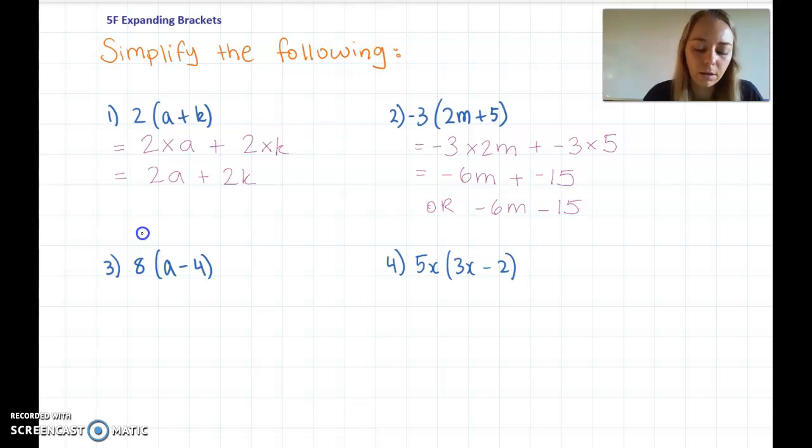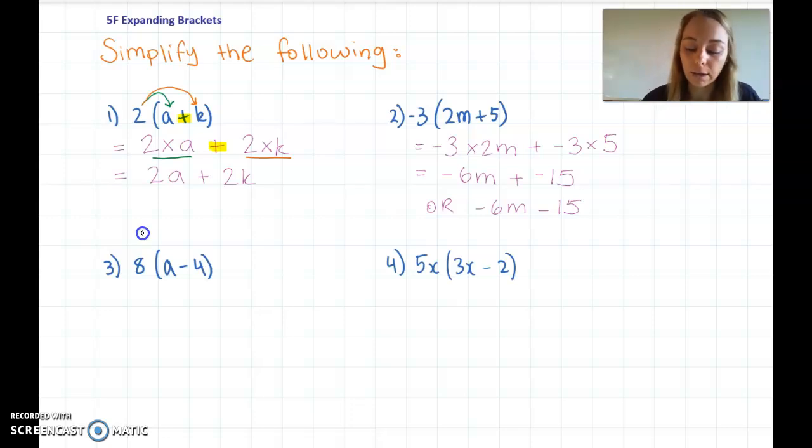This first one, I had 2, and I multiplied it by a, that's this bit here, and then I kept the addition symbol that was in the middle, and I brought that down to the next line, and then I took the 2 again and multiplied it by the k, and that's the second bit. Some people like to think of this as the rainbow rule. You start outside the brackets and you use the rainbow to expand and multiply whatever's outside the brackets by each